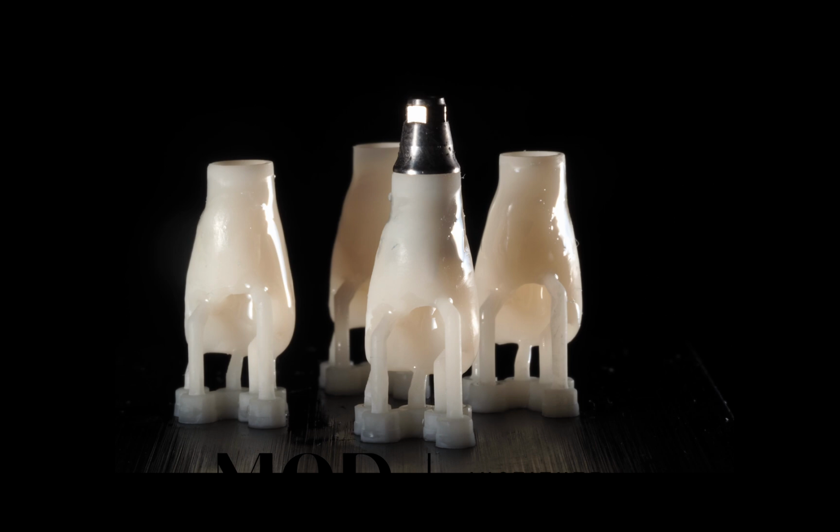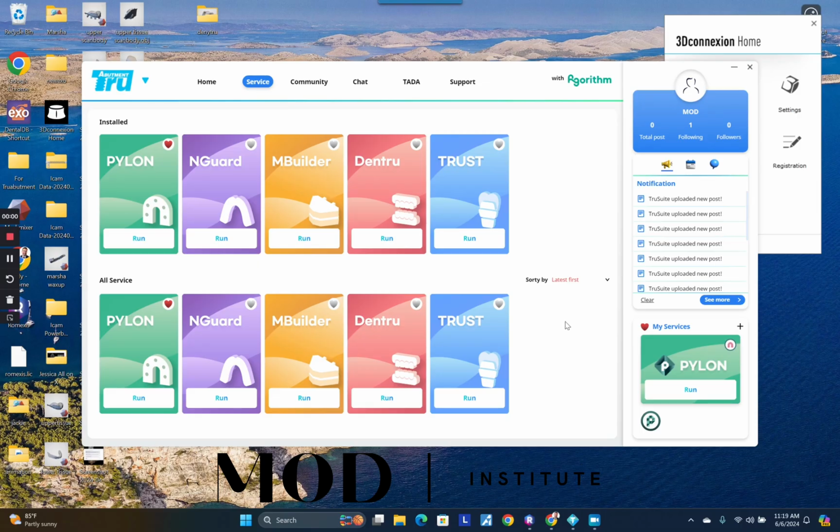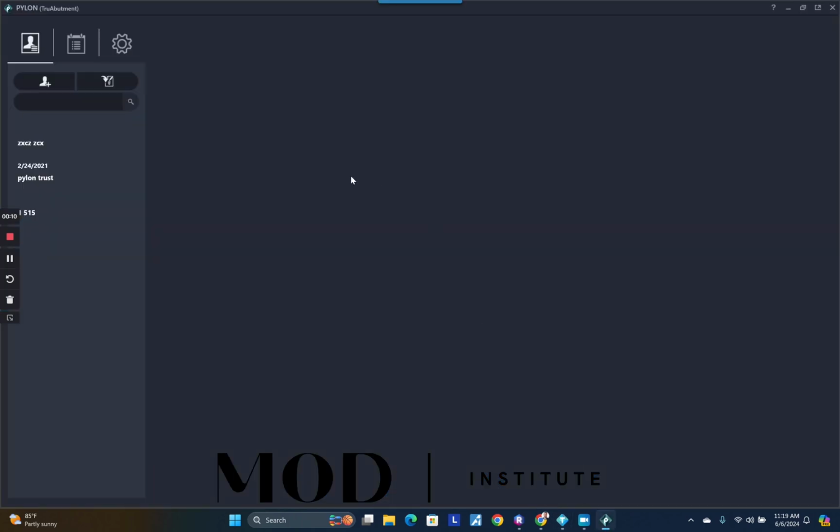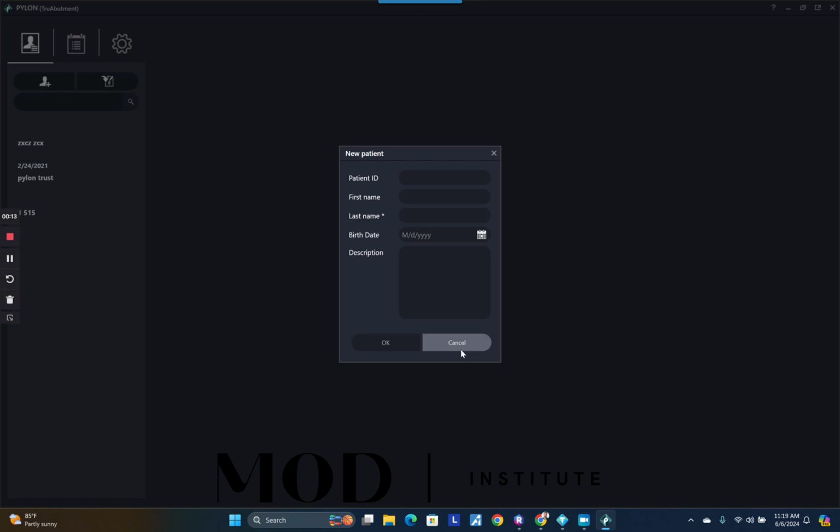This is free software from TrueAbutment, and there's a magical combination here. You could go to their website and download their True Suite, which comes with PYLON and Trust. Now, PYLON is based off of Dentique Guide, which is usually pay to export software, but here it is absolutely